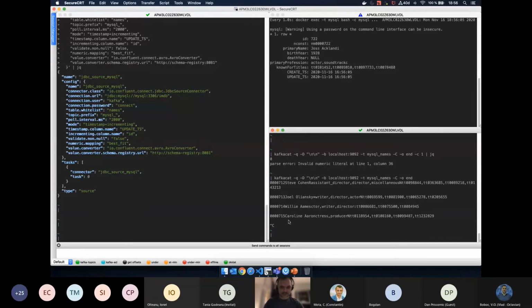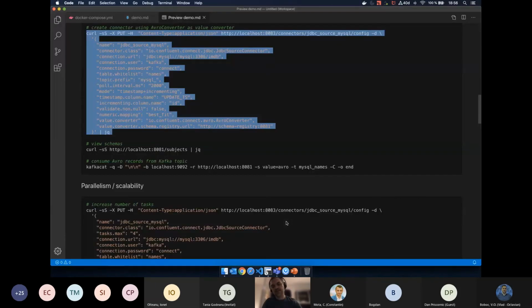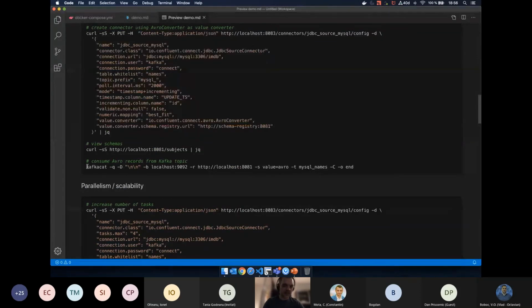Okay, as you can see, this information is not readable because Avro is a binary format, and we need to tell our consumer that these events are published in Avro format.